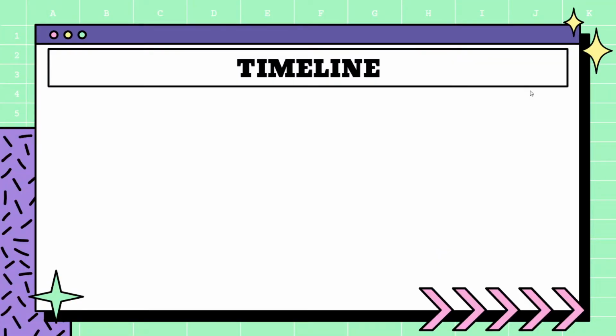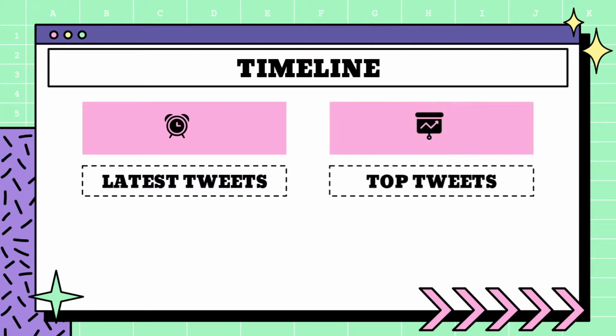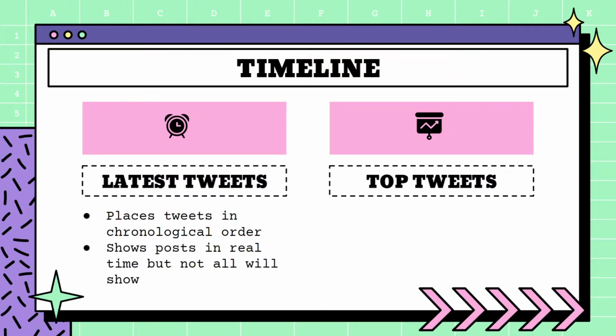So let's talk about the timeline on Twitter. It's actually kind of interesting how they do it. So there's two different ways that you can view your timeline. There's the latest tweets, and there's the top tweets. Latest tweets, just the way that it sounds, it places tweets in chronological order, but even though it shows